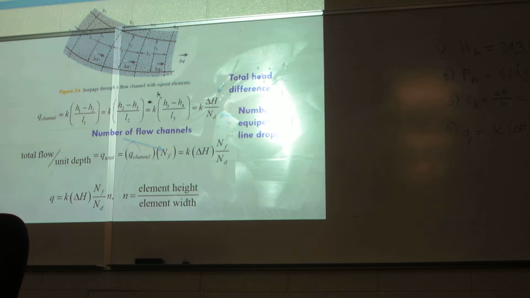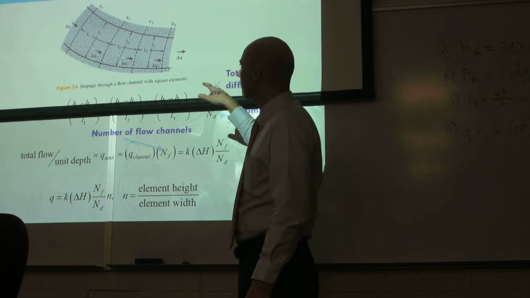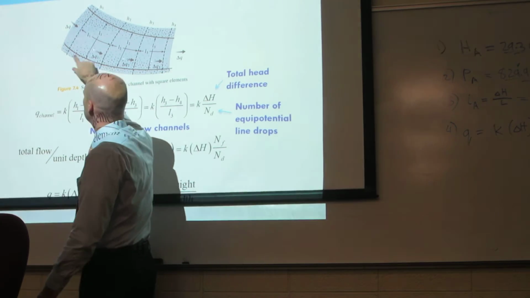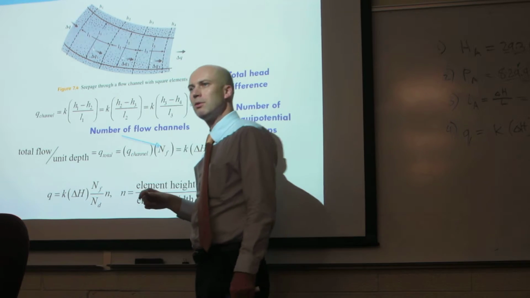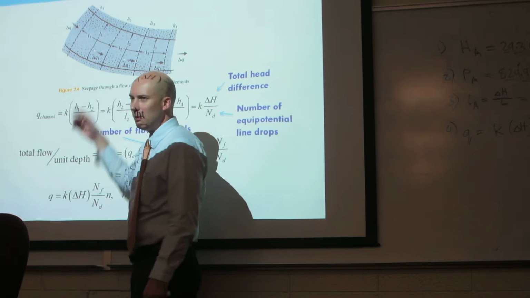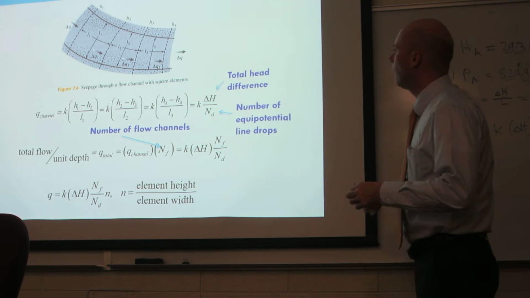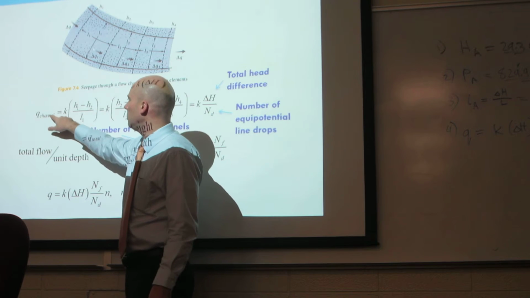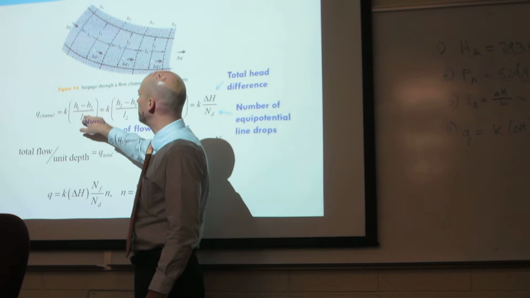Okay, so we're looking at one particular flow channel in our flow net. And we have equipotential lines here that are dashed. And so we have approximately square elements. L3, L3, L2, L2. They're not perfect, but that's the assumption that we make. Okay? So we know that flow equals Q equals K times, right now this is just I, so that actually